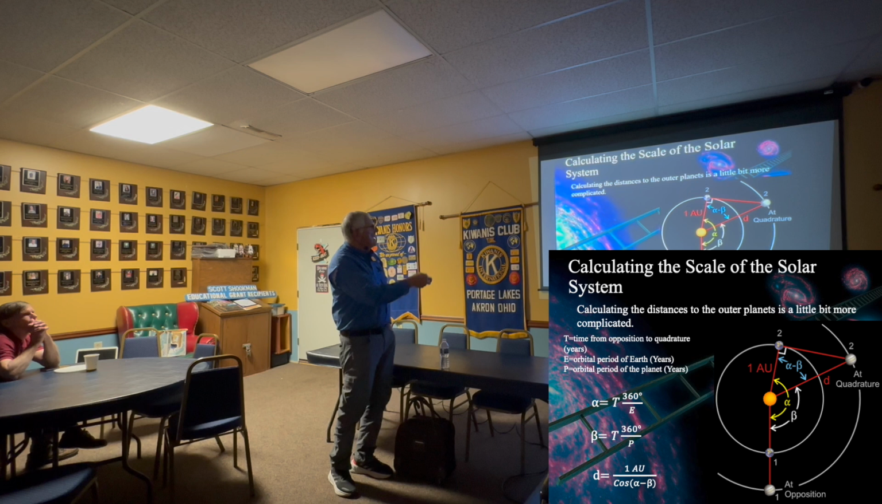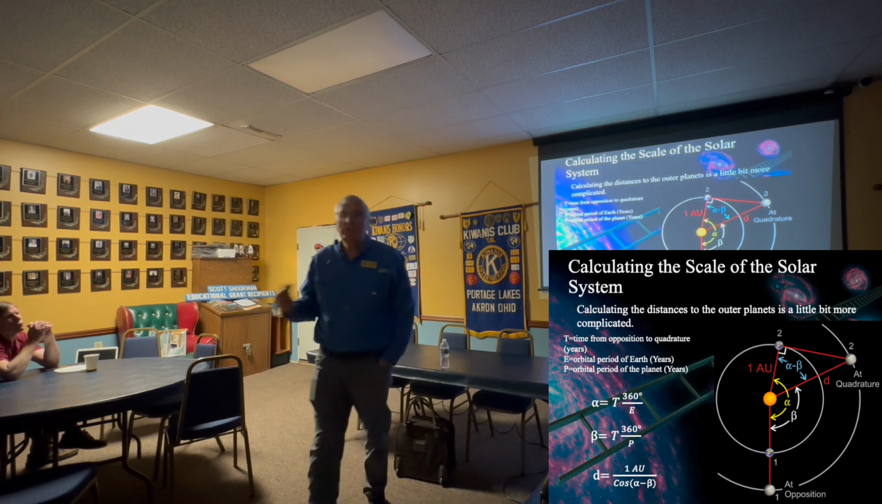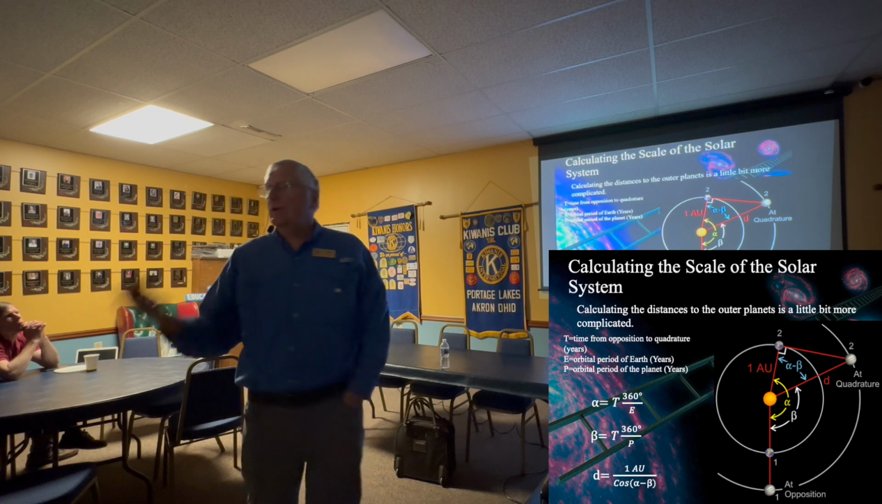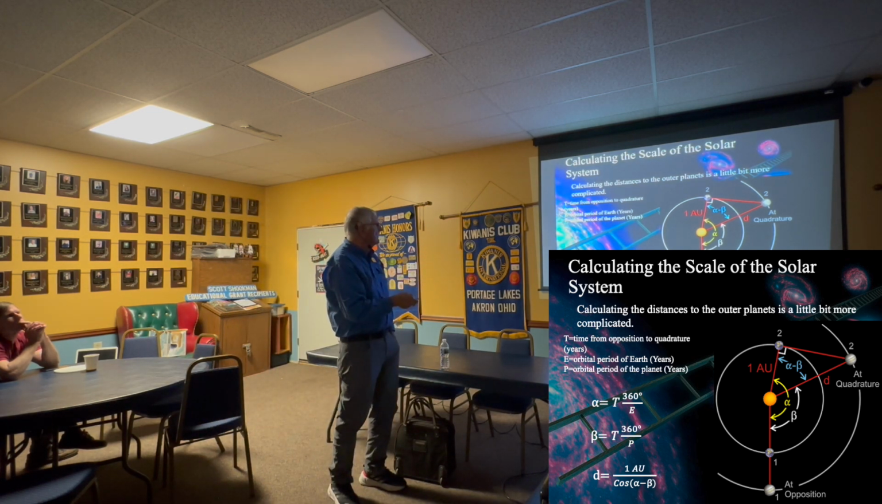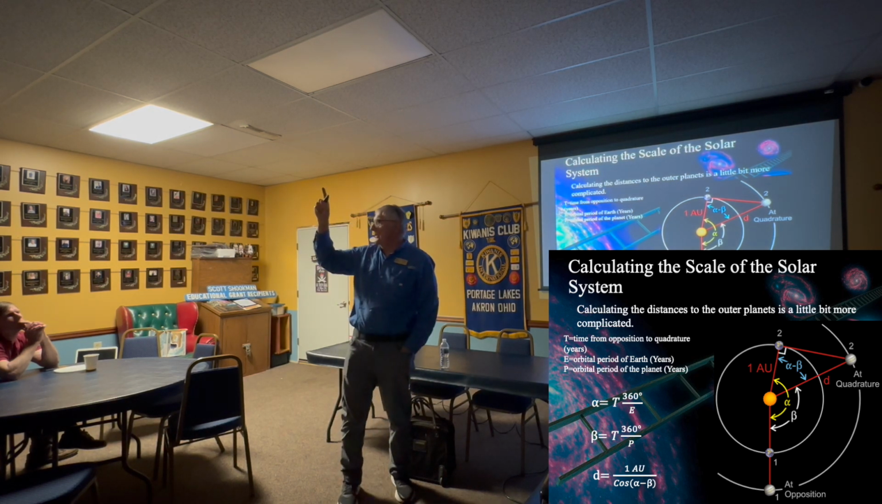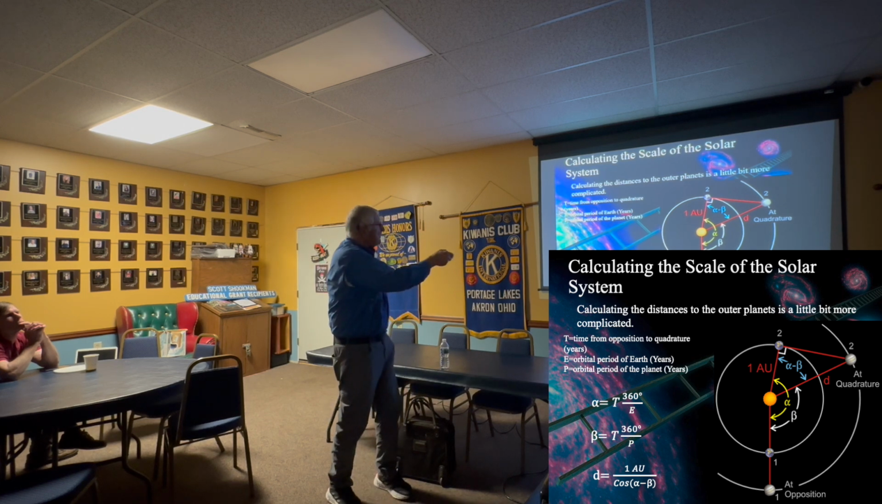And we know how long it took us to get from opposition to quadrature. What part of a year, whether it's 30% of a year or 40% of a year, whatever, how long it took us to get to quadrature. And so we know the period of the Earth in years, so we can use that as 1. That makes the math real easy. And we can figure out the planet's